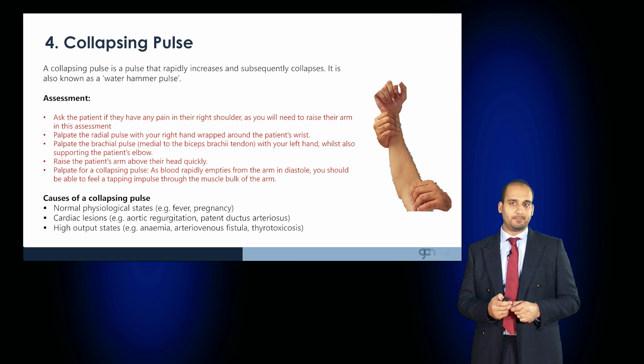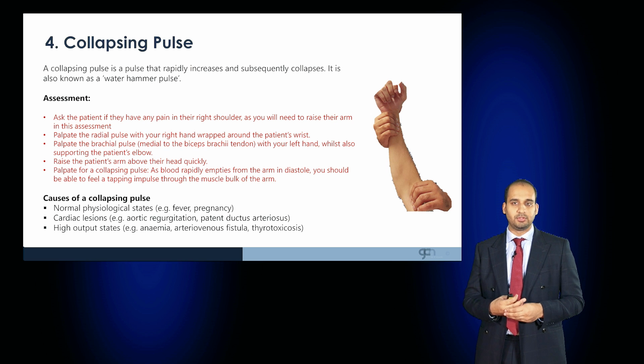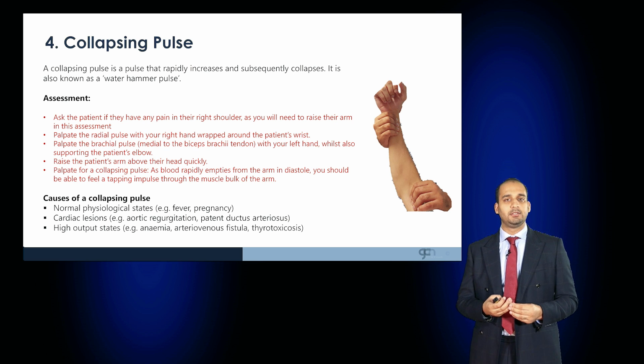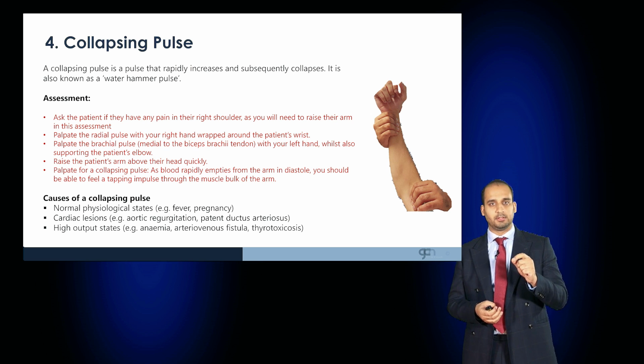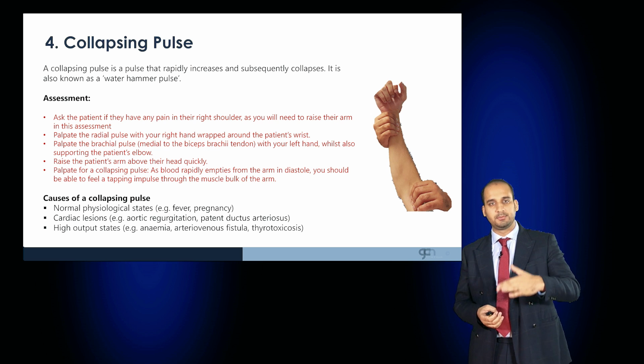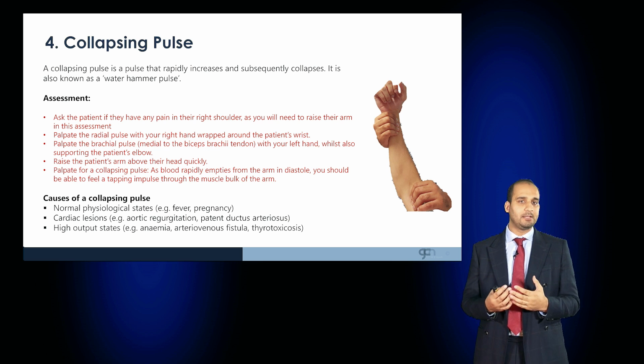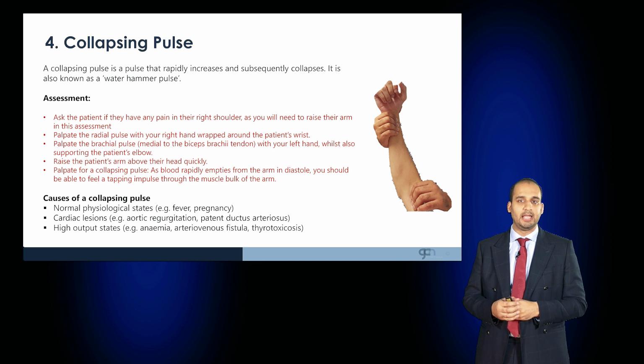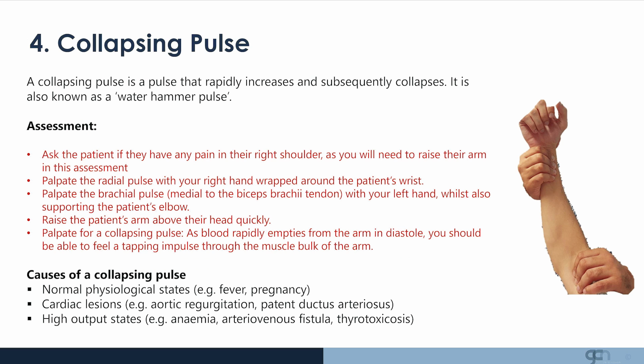Now, a collapsing pulse is the fourth maneuver that you should aim to elicit. This is a pulse which rapidly increases and then subsequently collapses. Ask the patient if they have any pain in their right shoulder. Explain to them that you would like to raise their arm briskly above their head, and if you have consent to do this, palpate the radial pulse with your right hand wrapped around the patient's wrist,